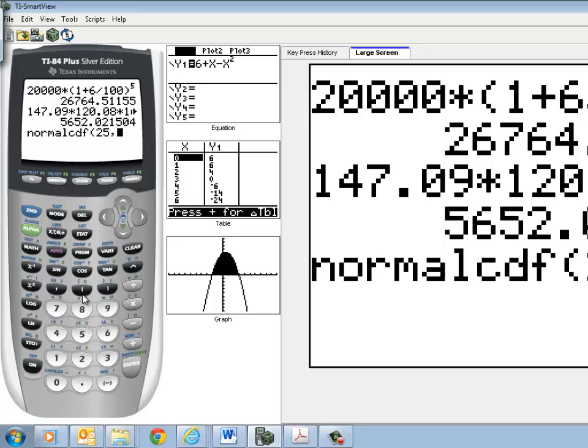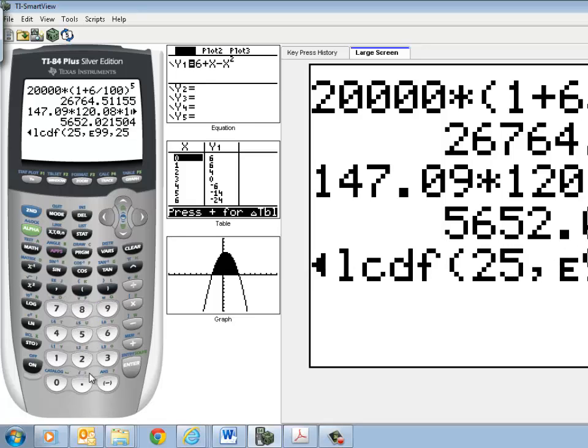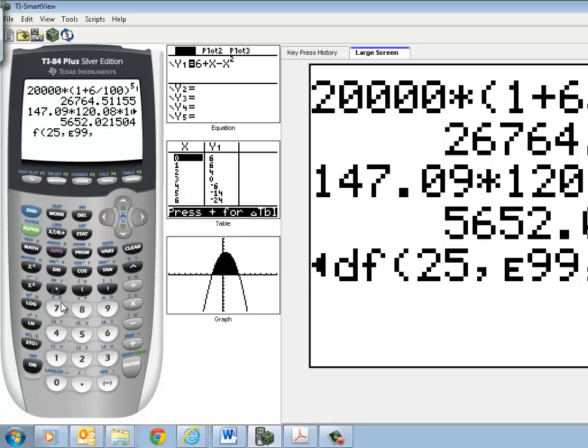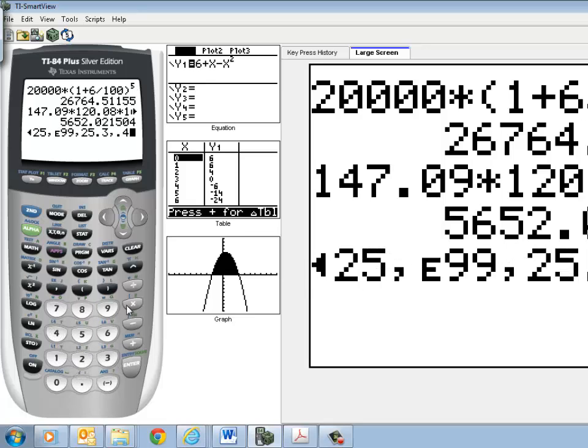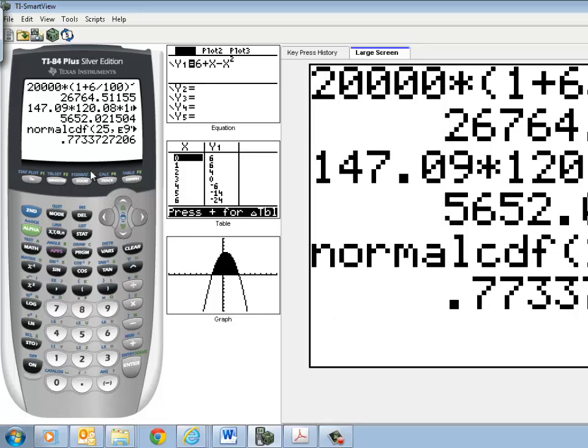We use our comma. Our upper value is going to be E. So our E button is the one with the comma, 99. Our mean value is 25.3. And our standard deviation is 0.4. So when you do that, it'll give you a value, and it's giving us an approximation of